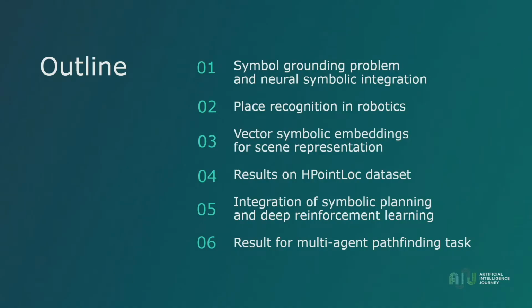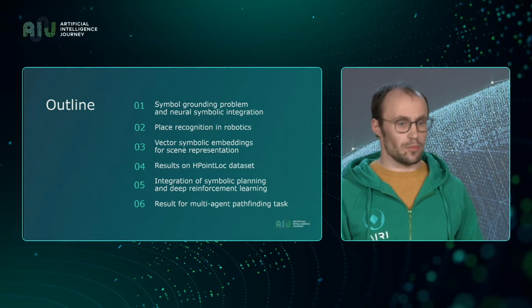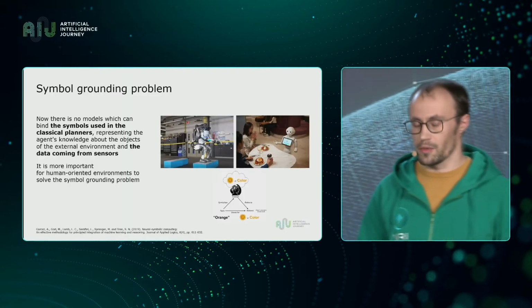This is a brief plan of what we're going to talk about. Briefly, let me tell you about the problem, about how we can solve it, and what our original methods of vectors to describe structured scenes are, which improve the results and help localization. It's important in robotics. And Alexey is going to talk you through another example in multi-agent